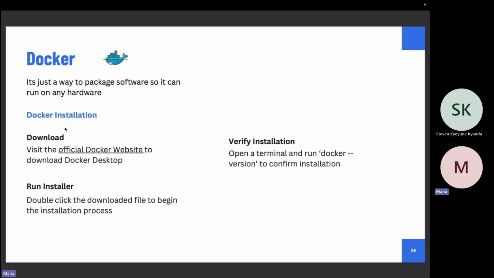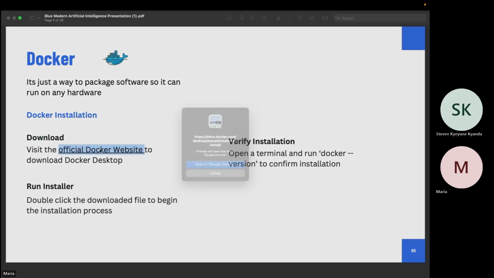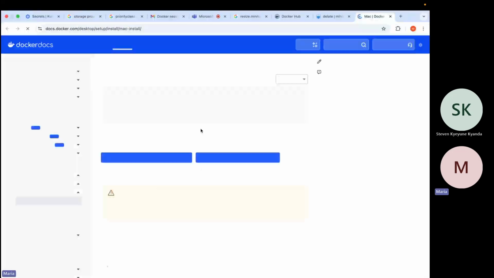It can run on a Windows laptop. It can run on a Linux laptop or Mac OS. So the first step that you always have to have with Docker is to install it. Docker is available on their official website.